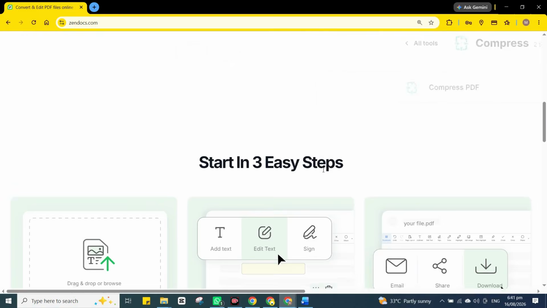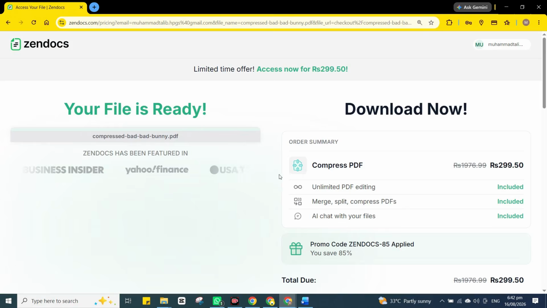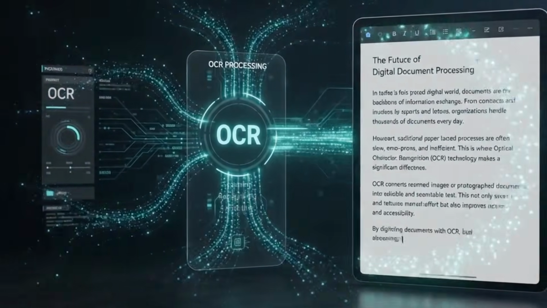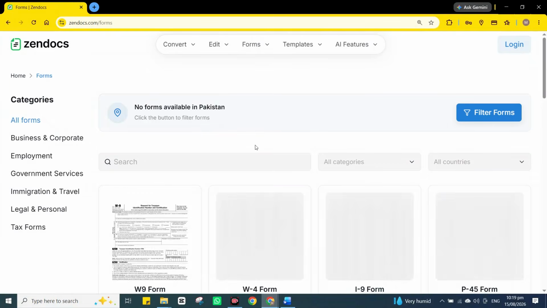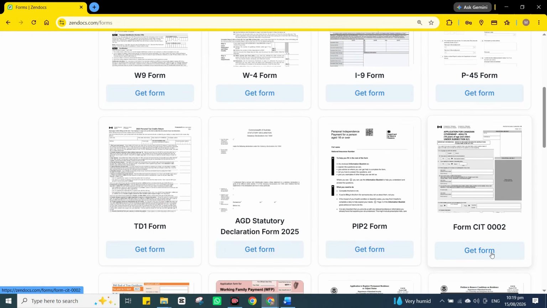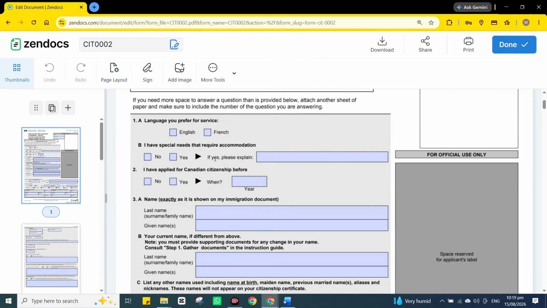Zendoc also goes beyond standard PDF editing. If you have scanned documents or images containing text, the platform includes OCR-related tools such as scan to text and image to text. There are also document templates and forms for different needs. The library includes examples such as W4, W9, and I9 forms, along with documents like residential lease agreement, bill of sale, and recommendation letter. And on the productivity side, Zendoc lists tools for transcript, AI humanization, and PDF translation. So, depending on what you are working on, the platform can cover much more than basic PDF editing.